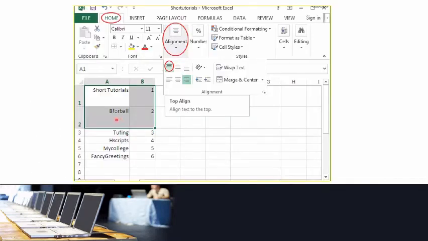In this image, first we will see here the default alignment, left for text and right for numbers. If you want to change the alignment of the text, go on the Home tab. In the Alignment group, multiple options will appear. Click on any one. After that, your text will be changed according to your selected alignment.